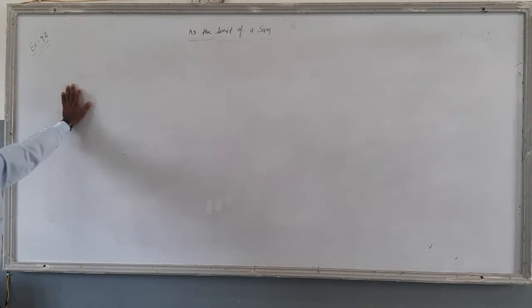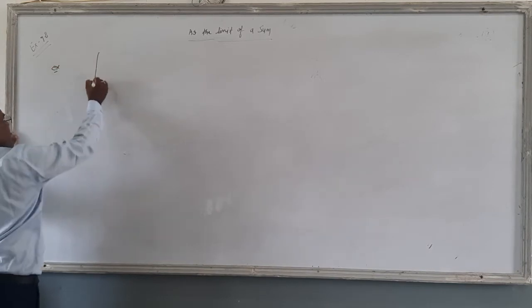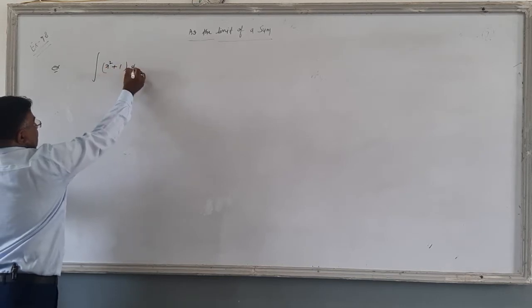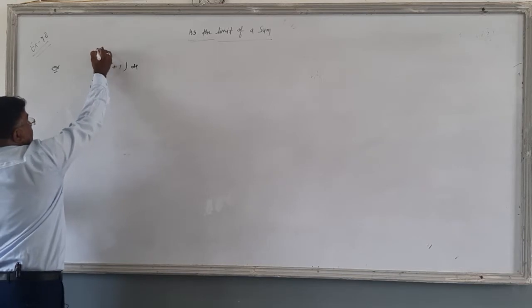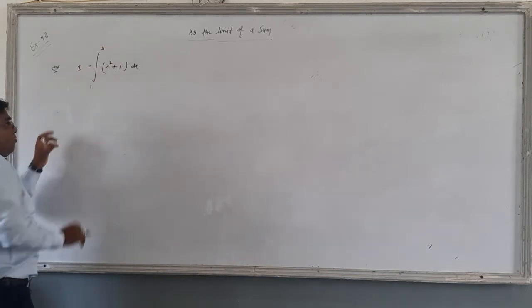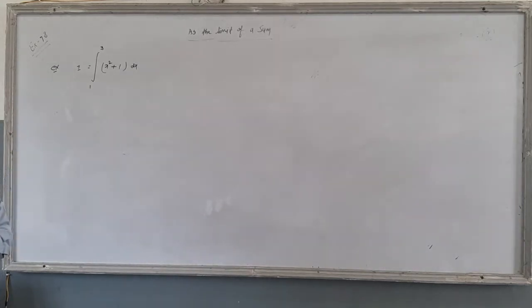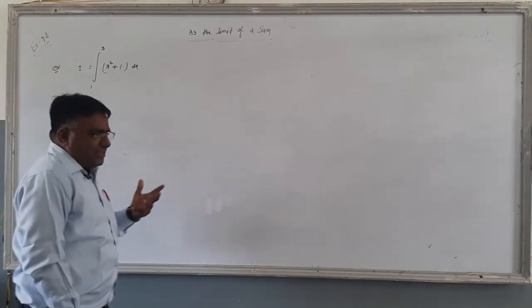But whenever this question comes in the board exam, it is for 6 marks, and this exercise is not related to other exercises. For example, integration of x square plus 1, and now the limit is given 1 to 3, and now evaluate. In the exam it is clearly written evaluate, but in brackets, as the limit of sum. As the limit of sum means this process. Exercise 7.8. First thing, what is the as the limit of sum?